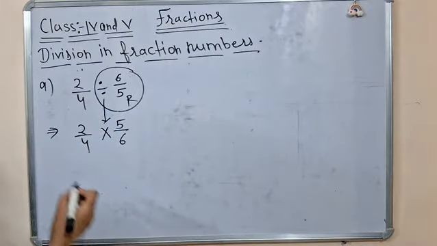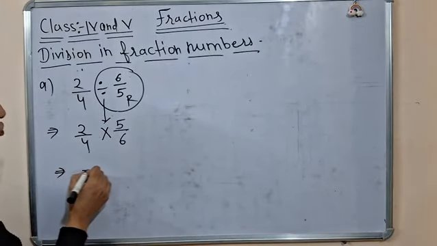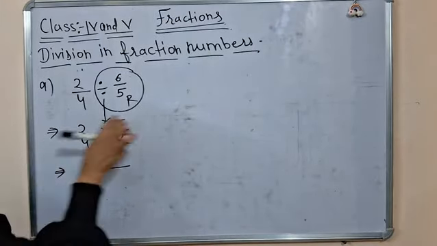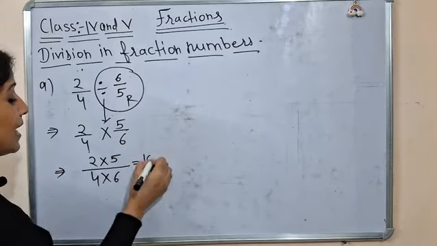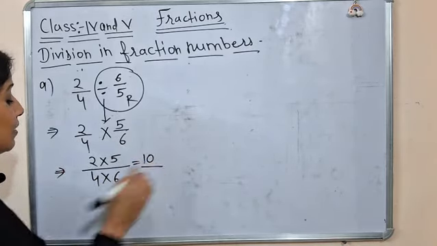What will be the next step? Now, simple, I am telling. House को कर दो थोड़ा सा बड़ा. दोनों friends को साथ साथ बुला लेते हैं. 2 multiply by 5. Denominator friends will also come and sit together. 2 5s will become 10. 4 6s will become 24.